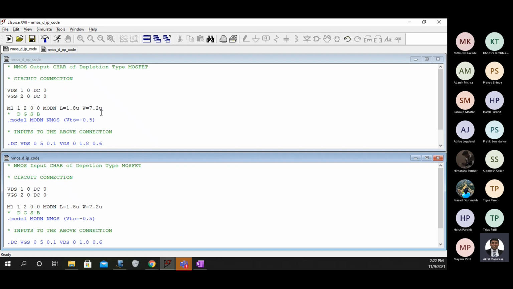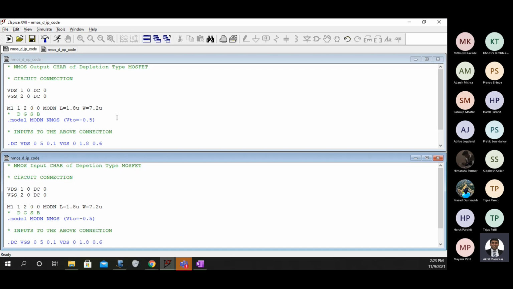So what you did, you copied the notepad files for the enhancement type, input and output. Then you opened that with LT Spice. Then you changed the name of the files. Enhancement has become depletion, and you have changed the threshold voltage of the device, because an enhancement NMOS has got a positive threshold voltage, a depletion NMOS will have a negative threshold voltage.